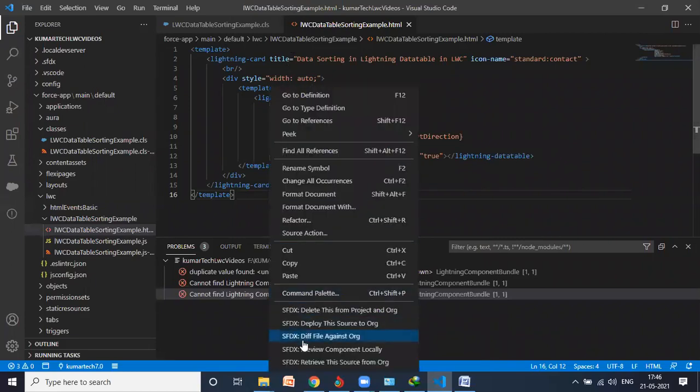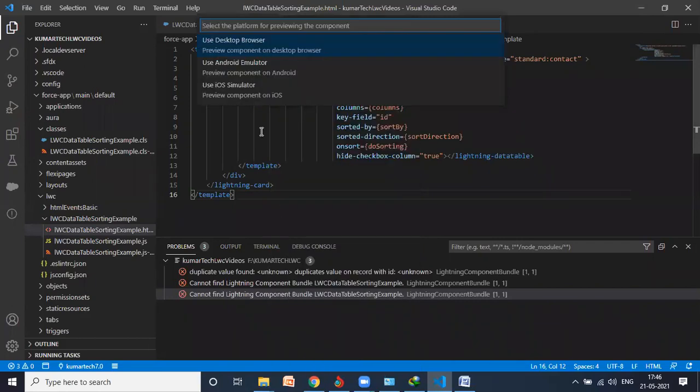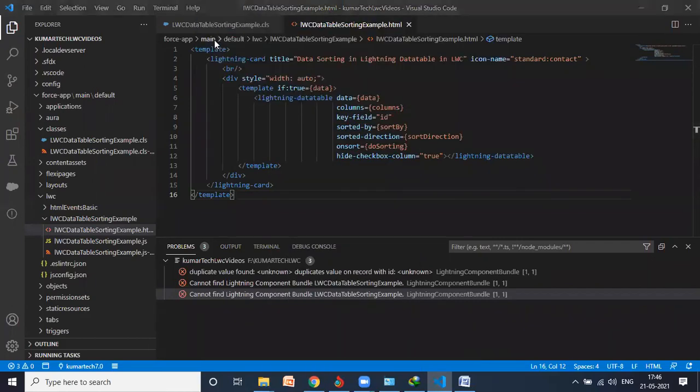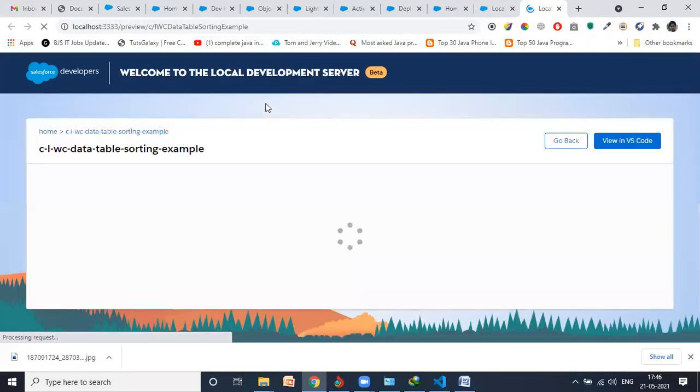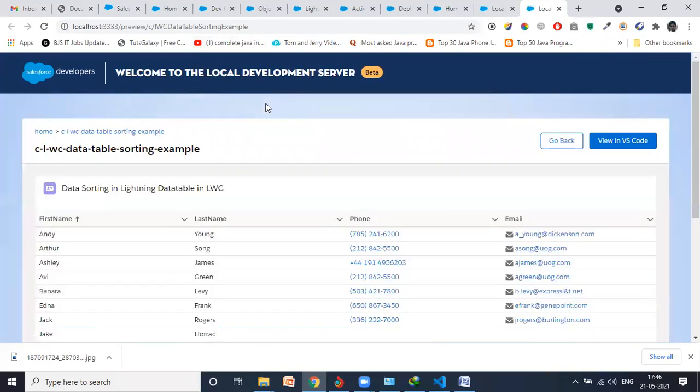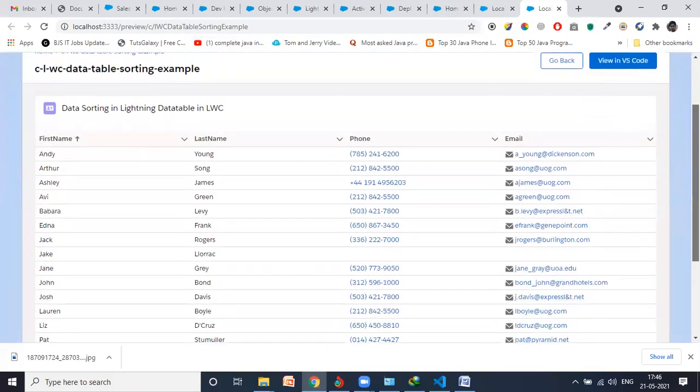If I go here and preview locally, you are now able to see. So let me click here, and now it will show you the output. At that time the issue was the file was not properly saved. That is why it was showing the error. But now you can see here the name and every detail.